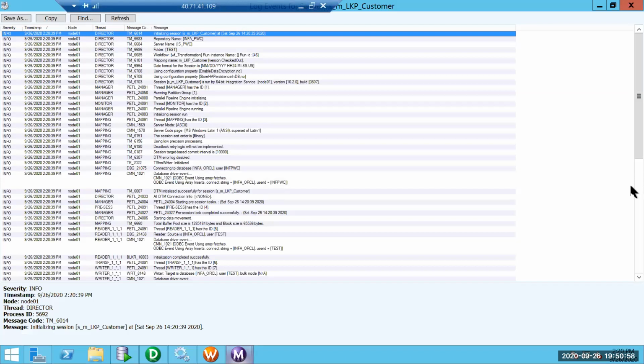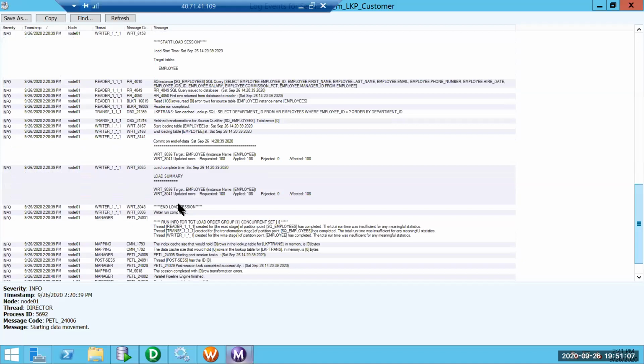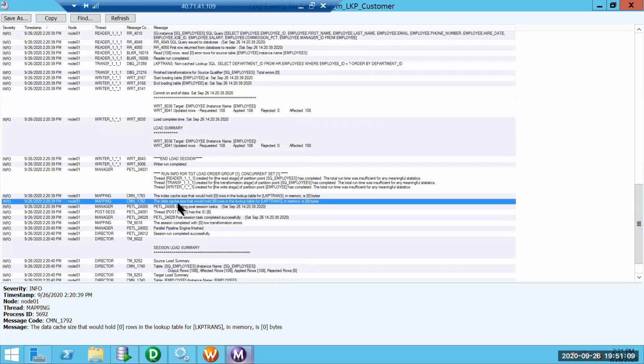What was happening internally? For every record, the index cache would be 0 rows and the data cache would be 0 rows because there is no cache. It is a non-cache lookup for every record, so for every record it is hitting the database. So it executed 108 times.